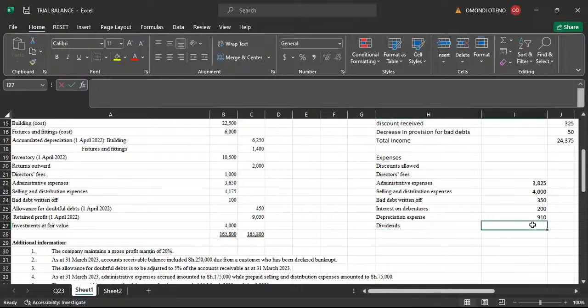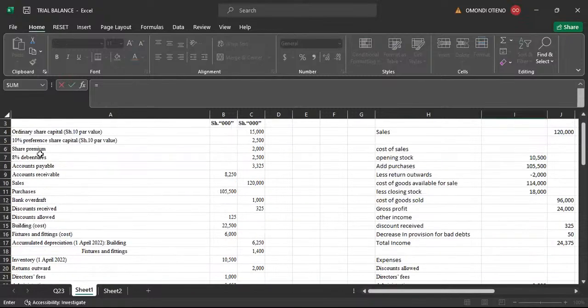The preference shares carry 10%, so the dividend is already given because that's a fixed rate: 10% of the preference shares value. Then we are going to add